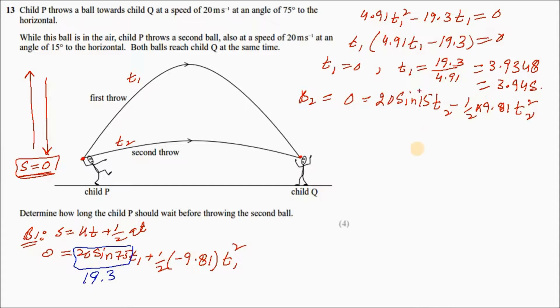So finally you would have an equation of T2 will be 4.91